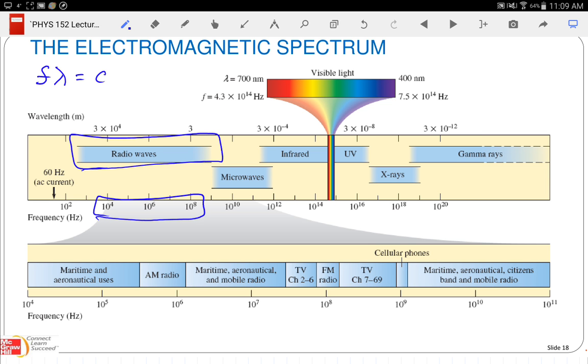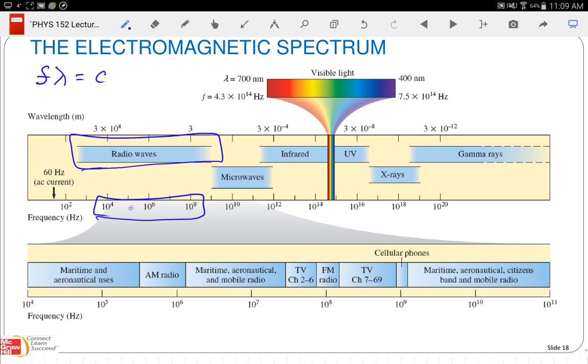On your AM dial, you're measuring in kilohertz, right? It goes from like 540 kilohertz up to 1,000 and some, I don't remember the top end, 1450 maybe, on the AM dial. So it's going from, if it's 540 kilohertz, that's 5.4 times 10 to the 5th hertz, up to 1.45 times 10 to the 6th. So your AM dial